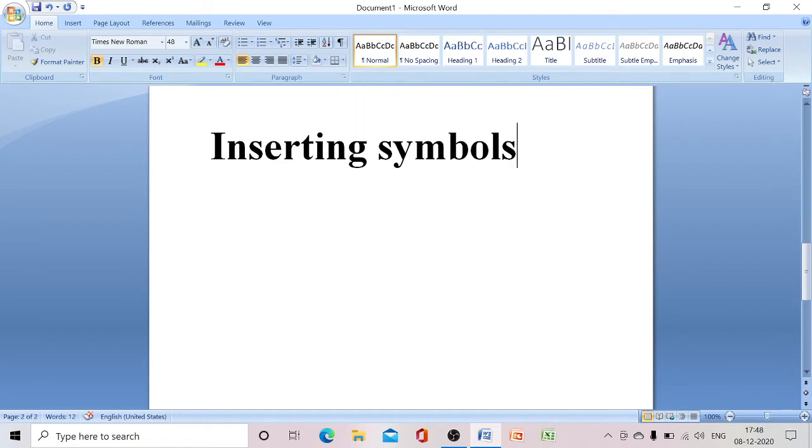After the shapes tools, we are moving to the next topic, that is inserting symbols. Let us see how to insert symbols. We have learned to insert pictures as well as shapes. Here we are going to discuss how to insert symbols in MS Word 2007.